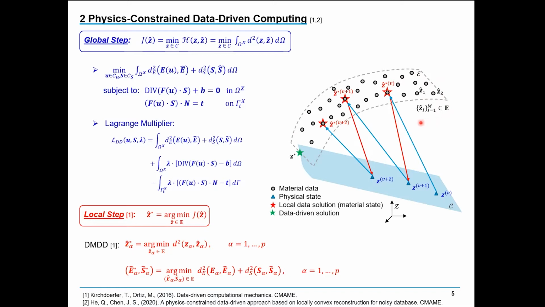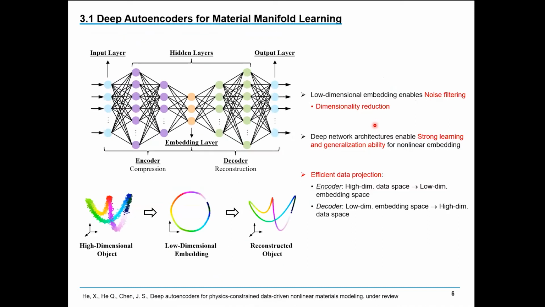The feature dimension can be 12, for example, including 6 independent strain components and 6 independent stress components. And this high feature dimension could result in a requirement of a large amount of data in order to achieve desirable convergence performance for the data-driven computing. So to address the high dimensionality issues and also enhance the generalization ability of data-driven computing, we introduced the autoencoders